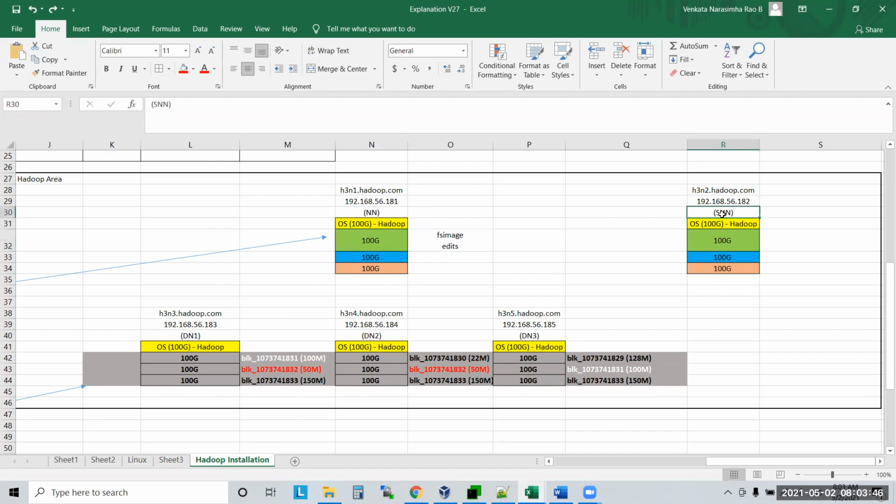How will it understand that the FS image is available in this hard disk? Using the configuration file. From the configuration file, it will understand the location of the FS image. It will go there, take the FS image and edit log, and bring them here. We told that these 2 files will be brought from the name node, put here and merged here, and the new FS image sent back to the name node. And the secondary name node also maintains 1 copy of this, correct or not? Yes, sir. So that directory I maintain.